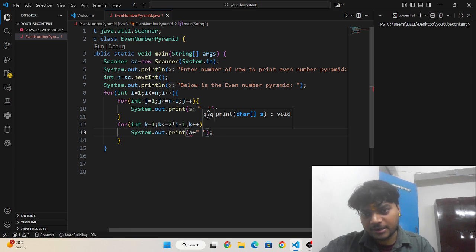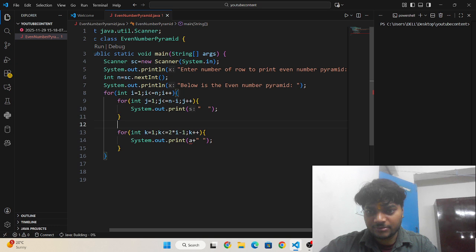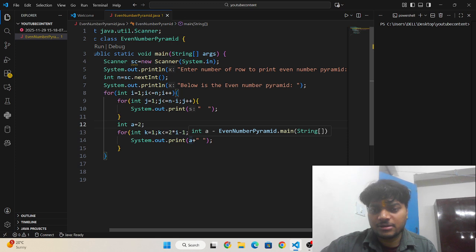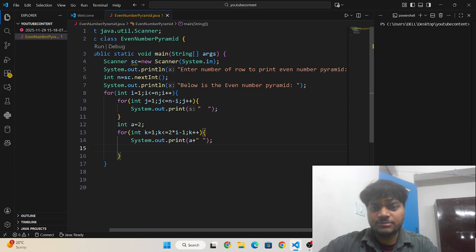I need to initialize variable a with 2, because I need to write logic for even numbers, and I need to increase that variable by 2 so that the next even number can be formed. So I write a = a + 2.